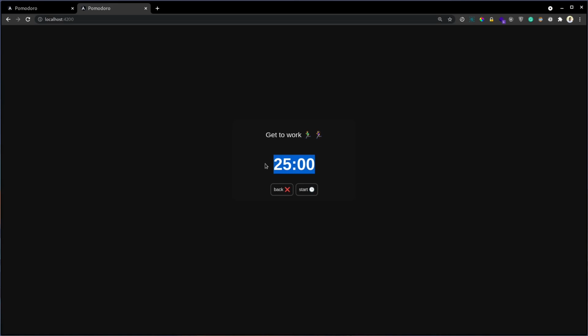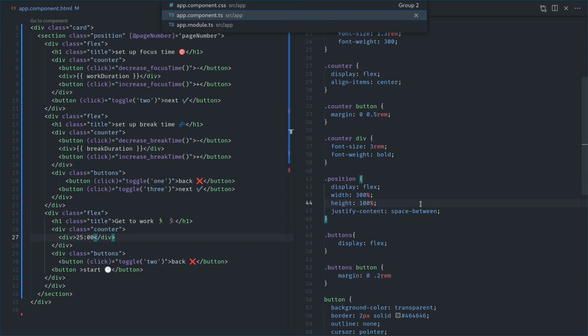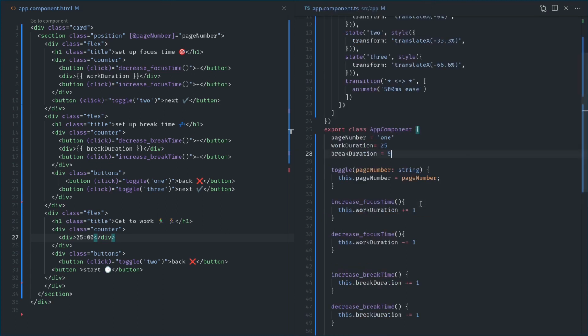The last thing, the final task that we gotta do is making the timer work. So let's go to our text editor and add some logic. First of all, we're gonna add 2 more variables. Let's go to the app component, the TS controller, and add 2 more variables. The first one is